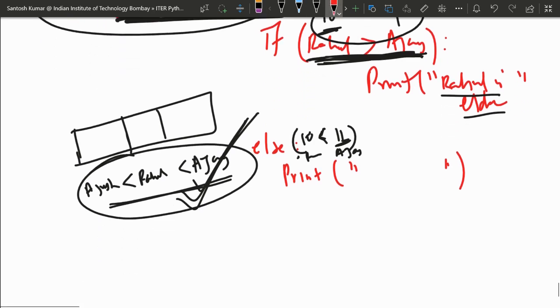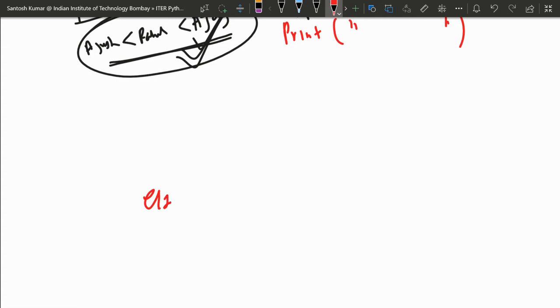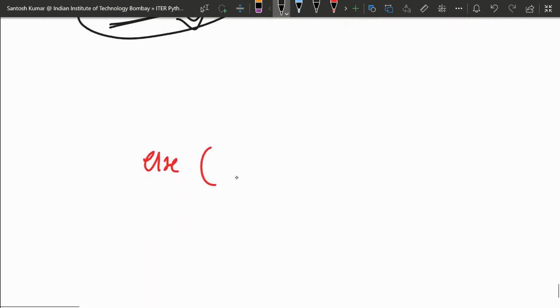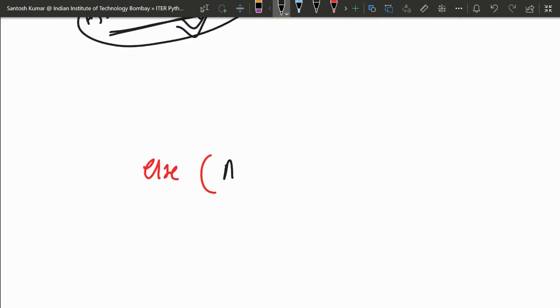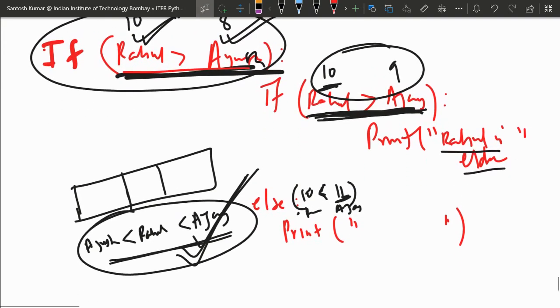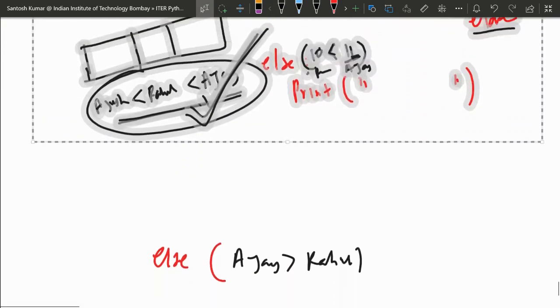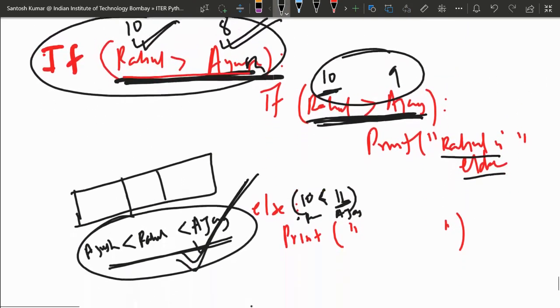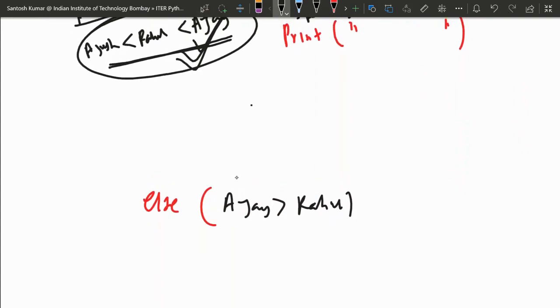Let me explain once more. What is the meaning of else? That Ajay is elder than Rahul. This is the else part of the first if, the nested if. Rahul or Rohit? Yeah, Rahul. And here we had taken Rahul has more age than Ayush.